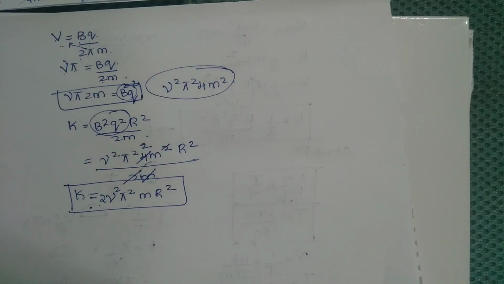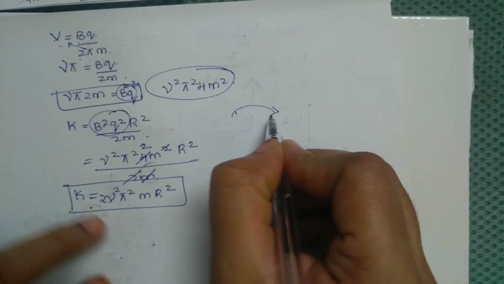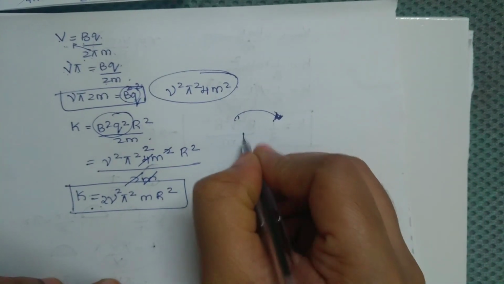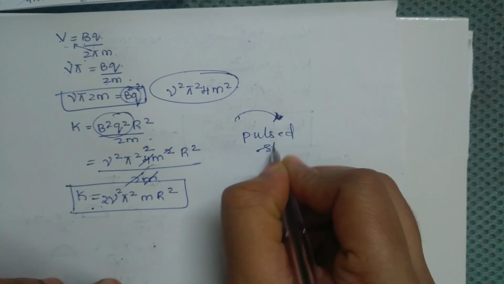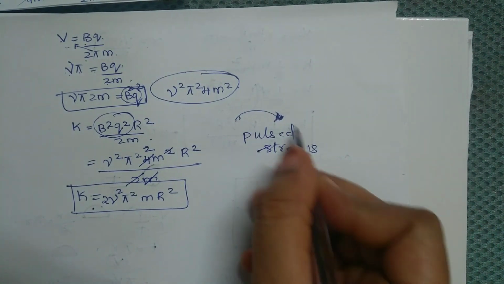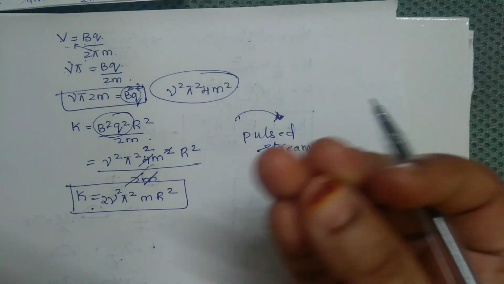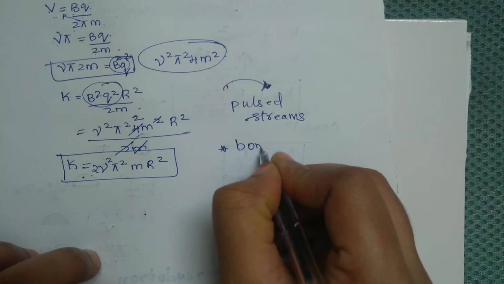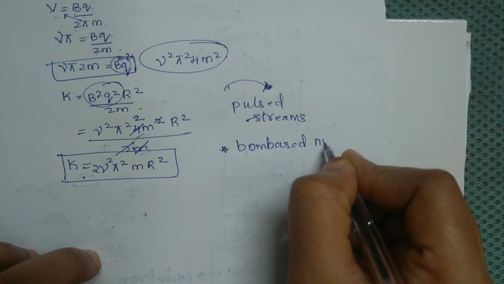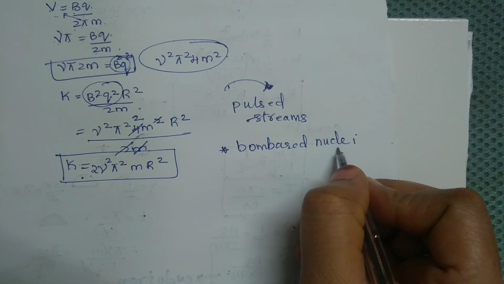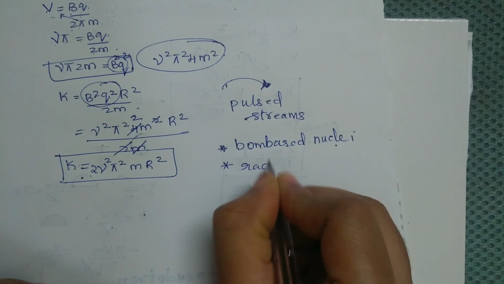So here what happens, the positively charged ions are ejected out of the Ds, but they are not ejected in a continuous form. It is ejected in the form of pulse streams. So these accelerated particles which we obtain from the cyclotron are used to bombard the nuclei in order to study the nuclear reactions, and also used to produce the radioactive substances,